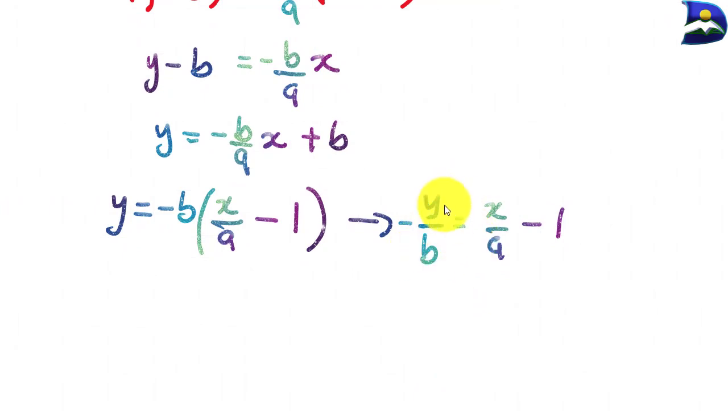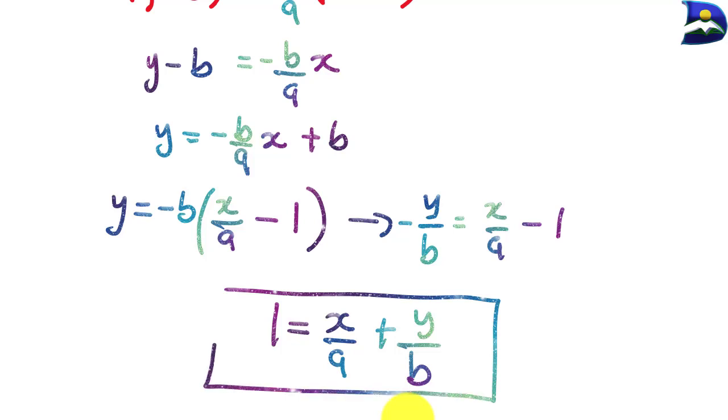Since we have our y and x and they are fractions, we are going to put them on one side, and the constant, we're going to move it to the other side, and what that results in is rearranging shows us that yes, we do have 1 to be equal to x over a plus y over b,